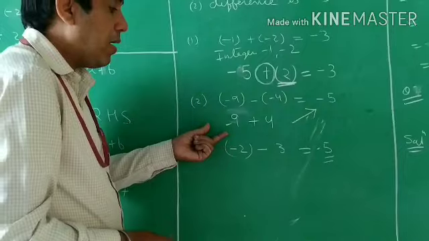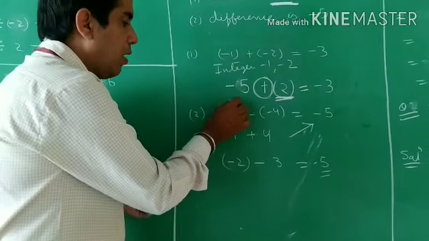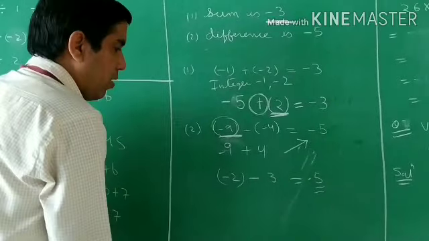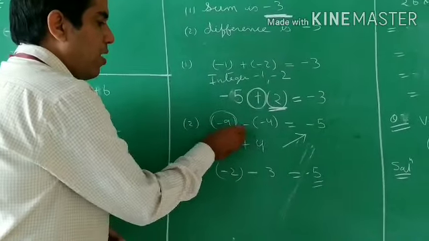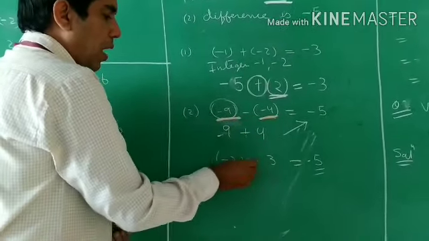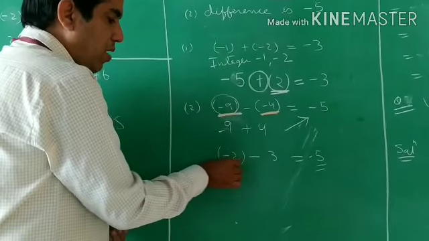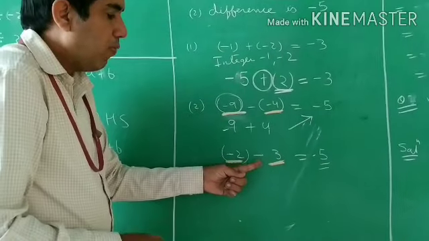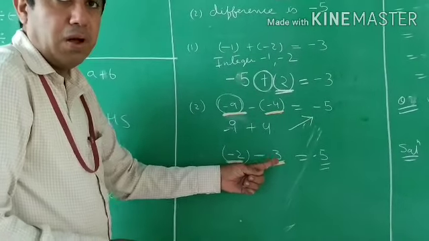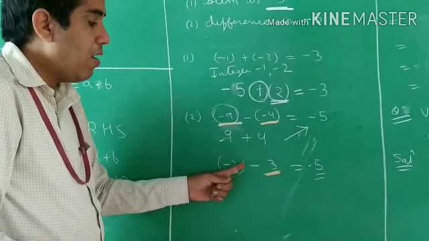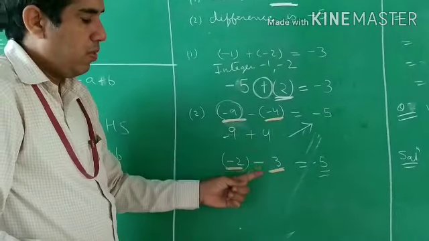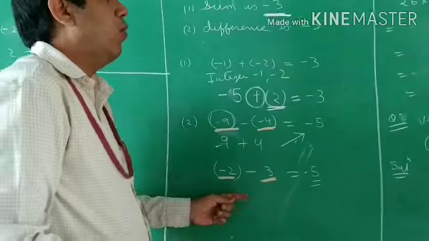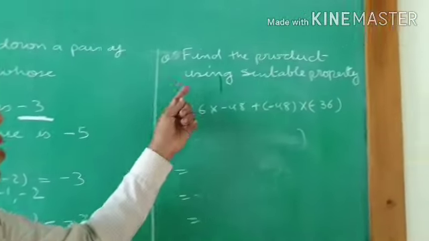But which integers are there here? The two integers are these, I am underlining them with this orange chalk. This is one integer, and the other integer is here. Don't count this minus as part of the 3 here. It is a sign of difference. This minus sign is the sign of difference. Be careful.